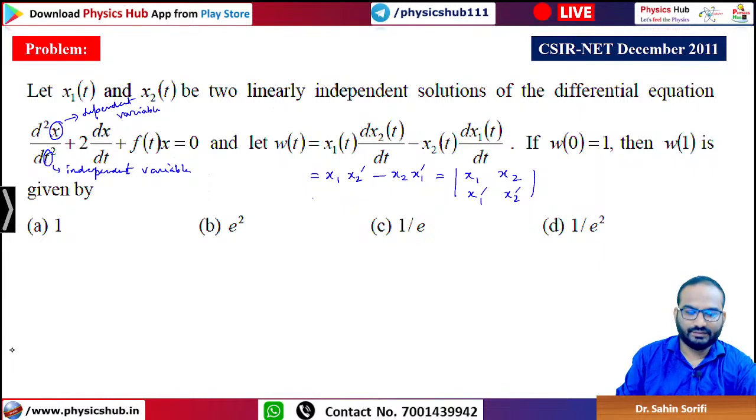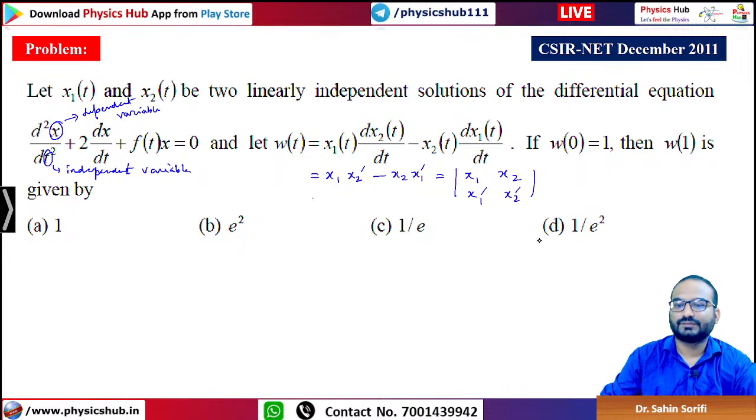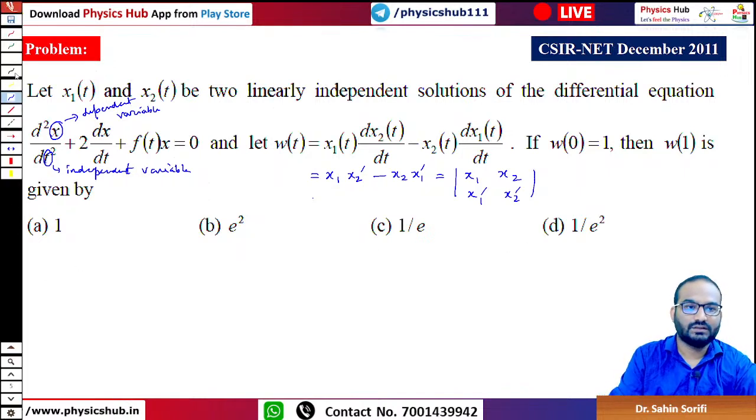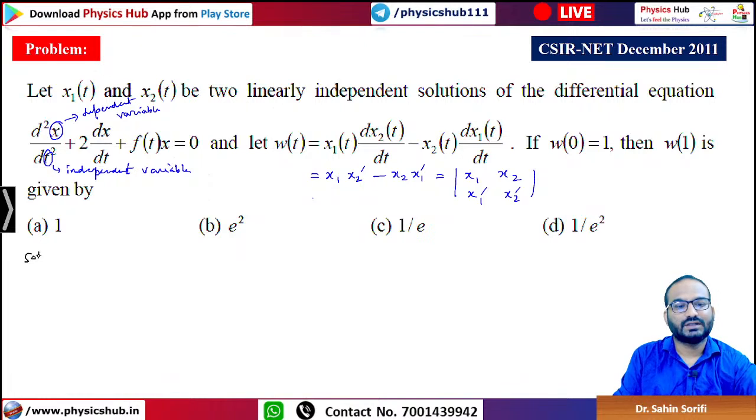You are getting it very well. Let's see whether we get D or not. So this is the differential equation given to you, and from this